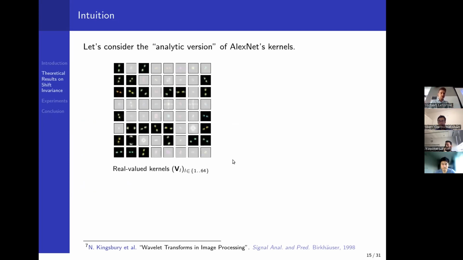Here is the power spectrum in the frequency domain, and we denote those filters by capital V. As you can see, those filters in the Fourier domain are represented as two bright spots, which are symmetric with respect to each other. The distance between the two spots gives you the